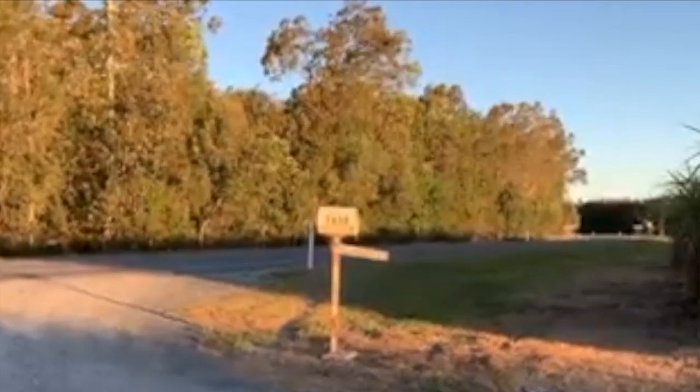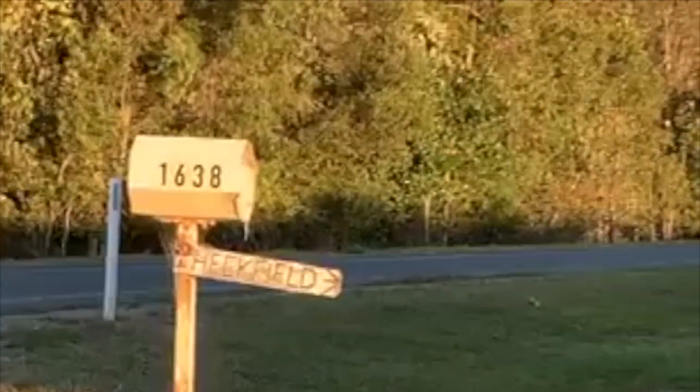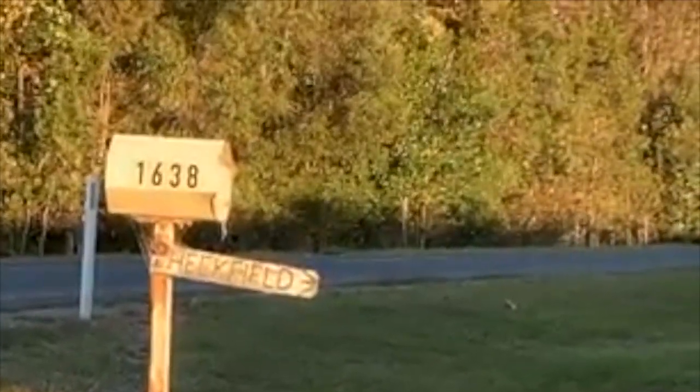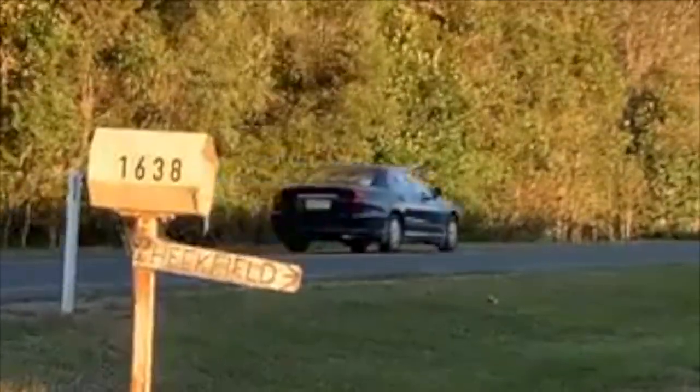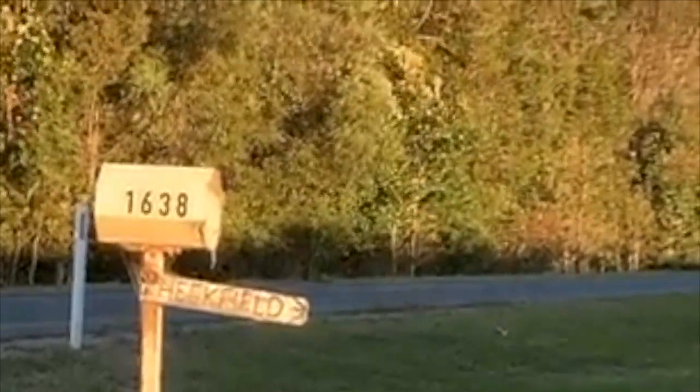Here we are at the turn into Heck Field, and that's the sign to the actual airfield. Not much of a sign, I have to agree, but this is where it's all happening. I came down here early today because I want to get some study in. I'm here at Heck Field, the airport, or airfield, and it's pretty windy out,